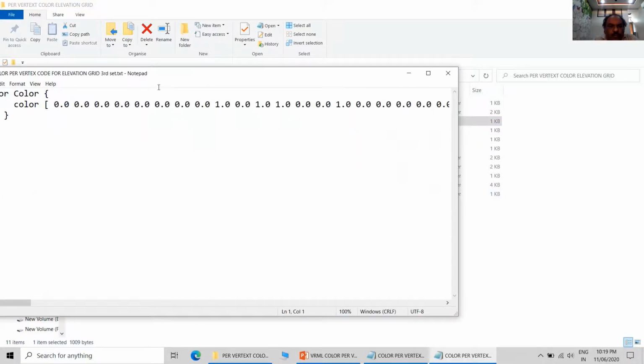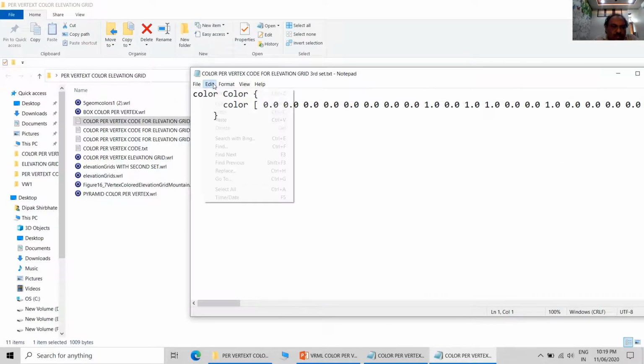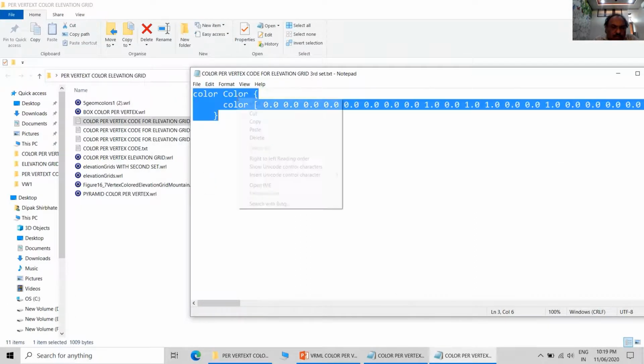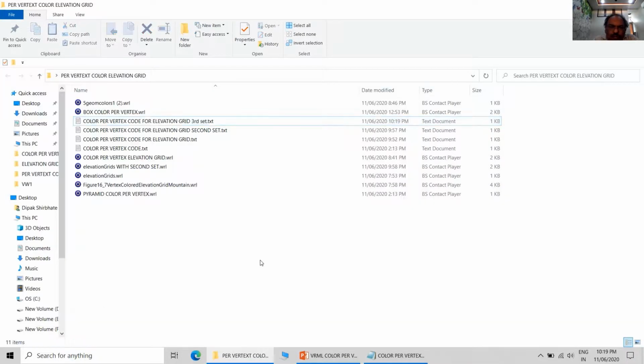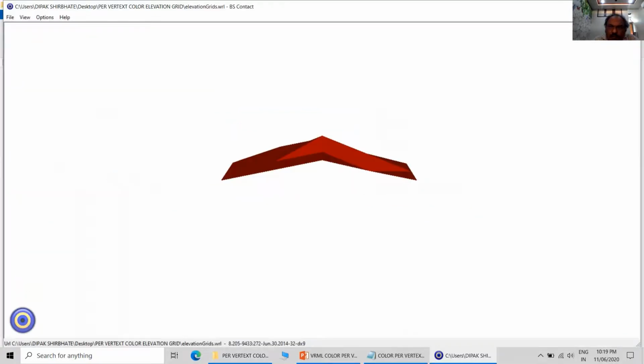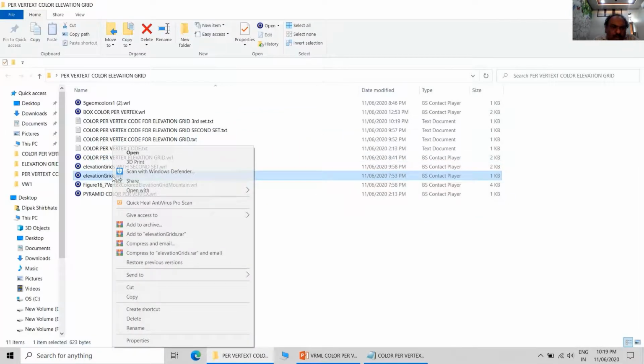And we will be making use of this third set. So copy this particular set and paste it to the red elevation grid.